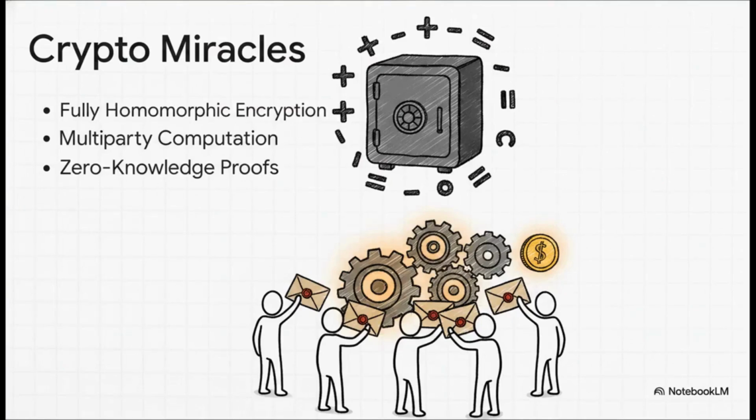To solve this today, we use modern cryptographic miracles. We have tools like fully homomorphic encryption, which lets us perform accurate math on encrypted data without ever seeing the raw inputs. We have multi-party computation, and we have zero-knowledge proofs, which let you prove something is true without ever revealing the underlying data itself. These tools are absolutely crucial because they allow agents to intersect supply and demand schedules, like in encrypted auctions or insurance payouts, without ever revealing their private balance sheets to a corruptible third party.